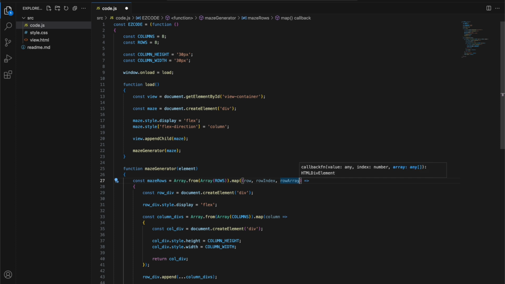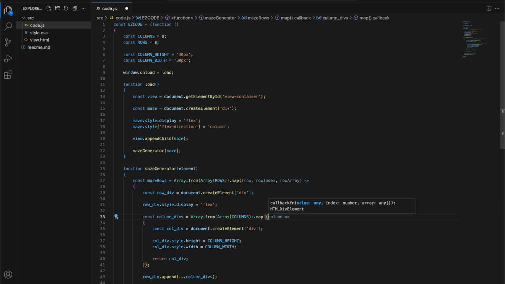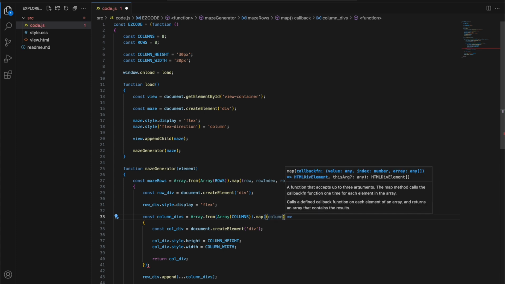Now we're going to go down to the column loop. Because the column loop is enclosed within the row loop, we have access to all of these arguments. So that's why we've got to be careful with how we go about naming. Let's add the same things to the column. Oops, where did I go there? So we're going to add a parenthesis here and one at the end of the column, and then we're going